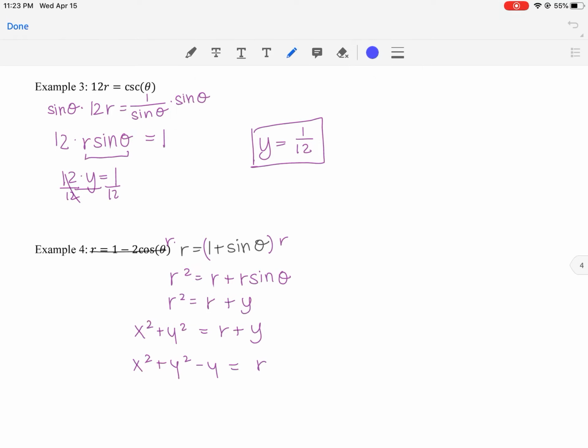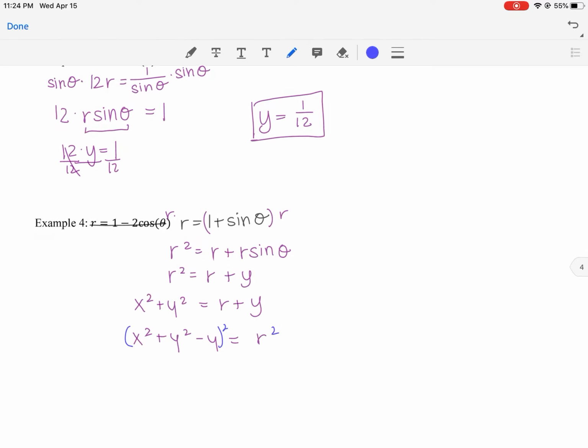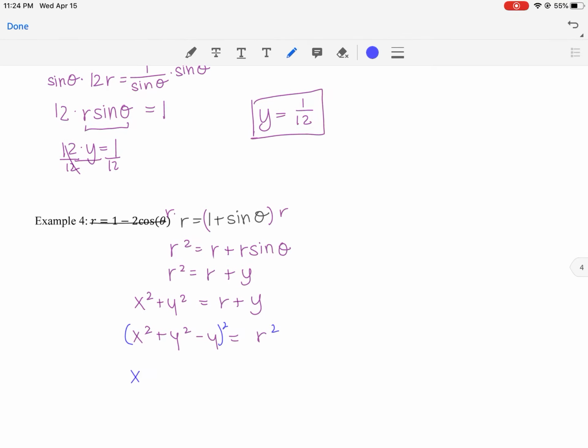I don't think you have any like this on the homework, or maybe you have one like this on the homework. If you're trying to get r squared over here on the left, then I can replace it, I can square the left and I can square the right. So then my final answer would be (x squared plus y squared minus y) squared equals x squared plus y squared. It's another way to write r squared. Pretty crazy, but fun. All right, you should be all set to do all of